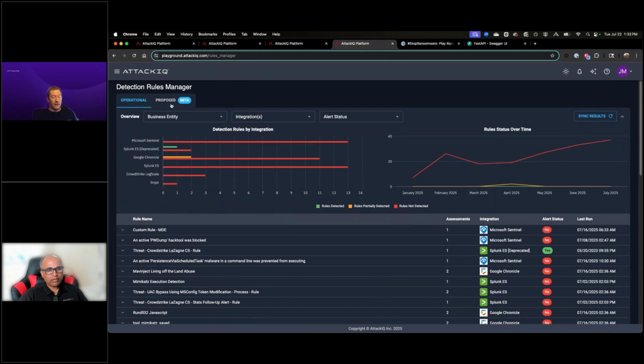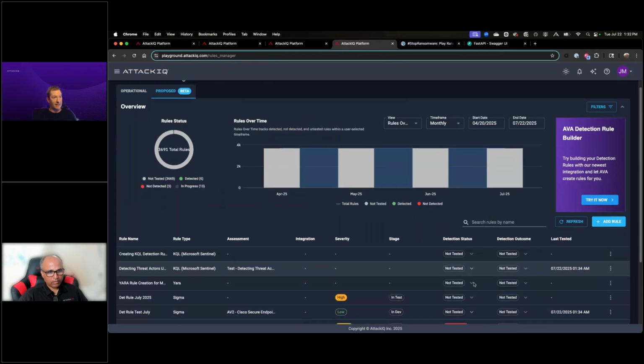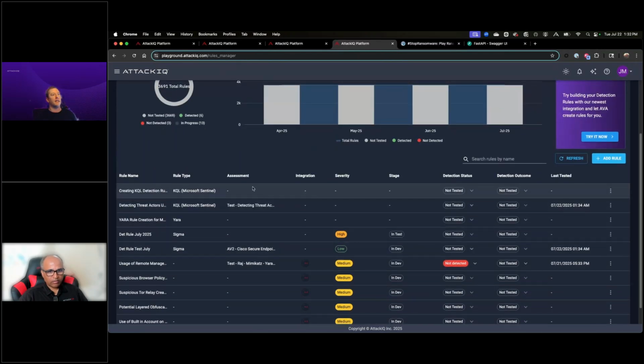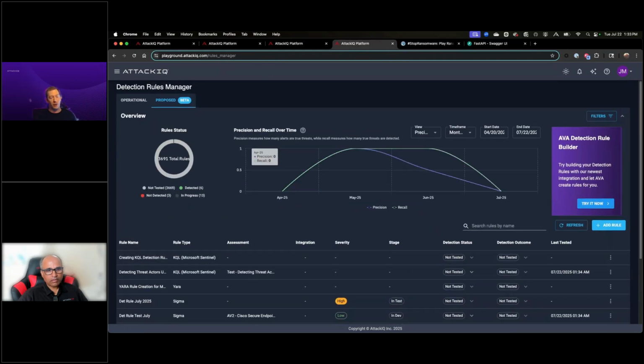This is also where it can get additionally powerful because I have this other tracker for everything that was tested, not tested, in progress. I can even allow you to pull in your SOC analyst feedback. So if they mark a rule as generating noise 10,000 times out of 22,000 alerts, we can reflect that also in, because when I take a look at this bar up here, in my precision and recall curves, another really powerful metric. So if I got a rule whose F-score is tanking over time, that's a candidate for either tuning